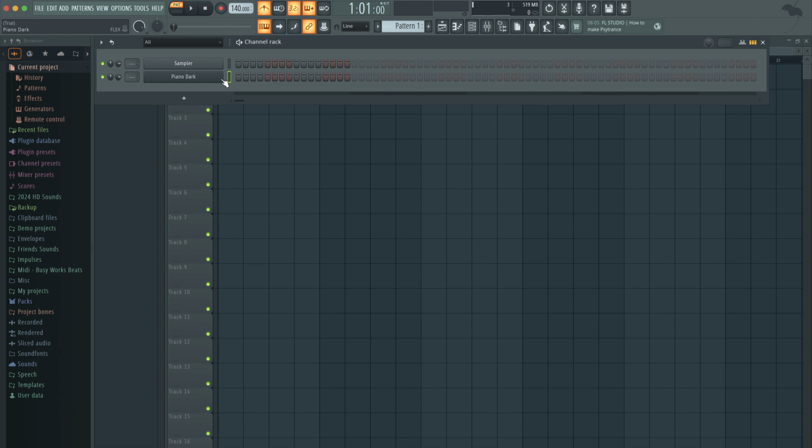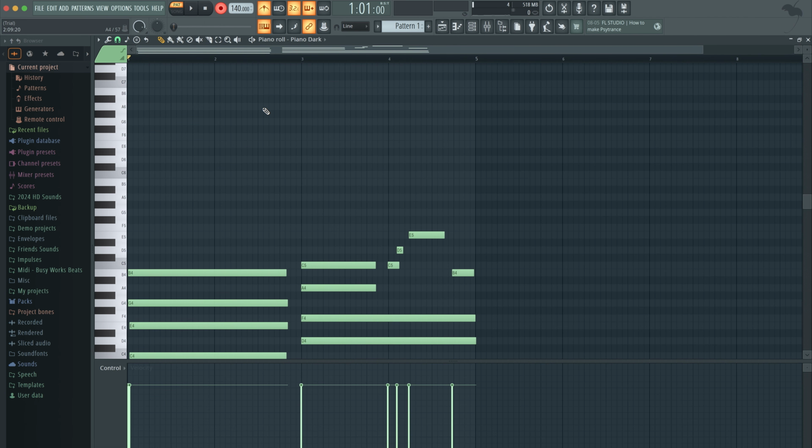Now we need to create notes for the piano. So let's left click on the record button. Because we have this typing keyboard, we could just type notes in. So I'll type in some notes. Let's hit the record button, and make sure the metronome's on. By default, it's at 140 BPM. I'm just going to play notes on my keyboard. Okay, so now I'm going to hit stop or spacebar, and we can click in here to fix any notes.